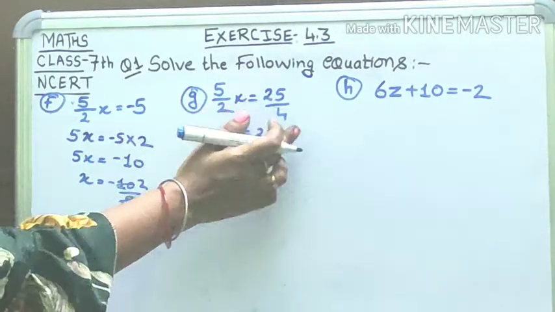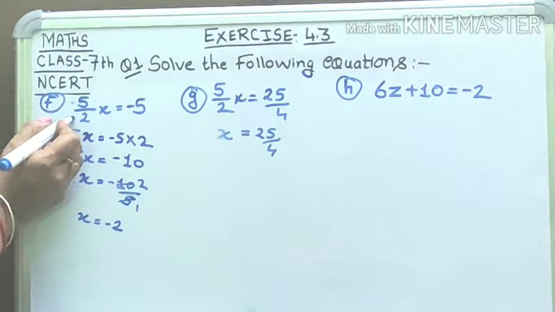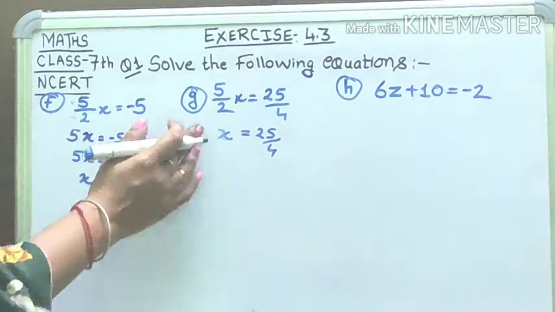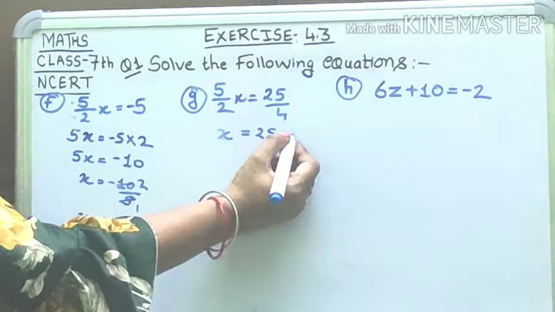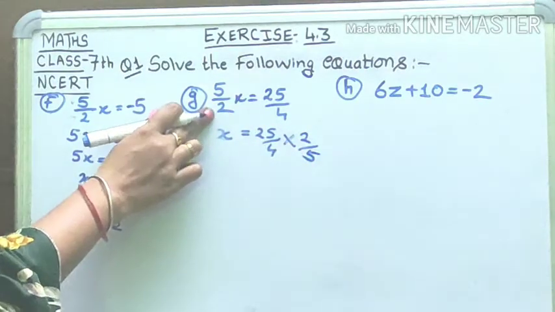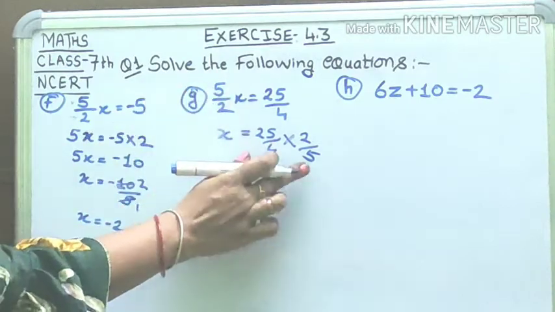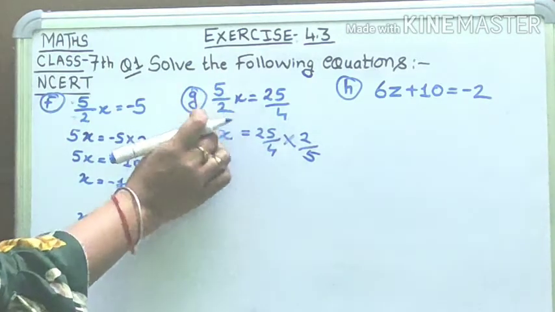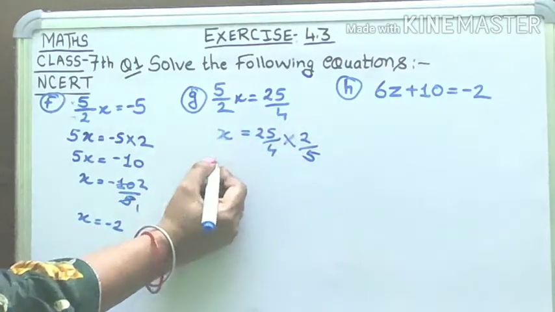When this term is transferred, earlier we transferred separately: first we removed the 2, then the 5. Now let us remove them together. Here 5 upon 2 is given, so we can write it as 2 upon 5. When it is transferred, it will become the opposite. This 2 is given in division, so it will be multiplied. And 5 is given in multiplication, so it will be divided. Or we can just say that 5 upon 2 is given, so it can be written as 2 upon 5.